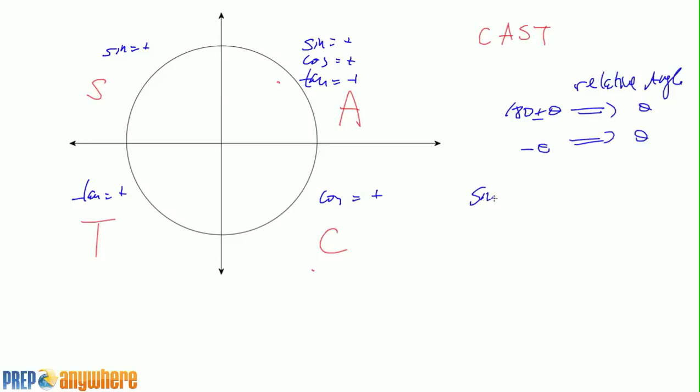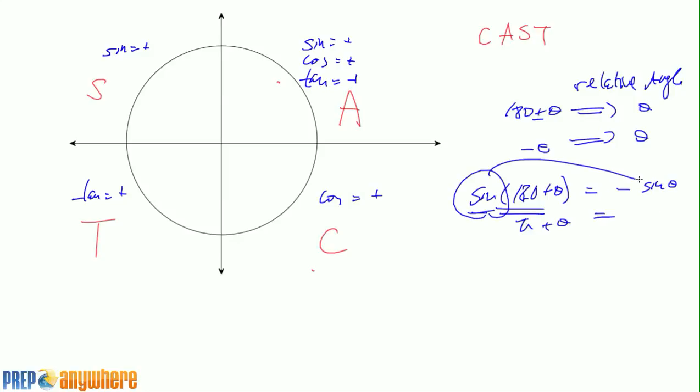So if you had a 180 plus theta, it turned into just theta, except you have to watch out for the sign. This is the third quadrant, so you put a negative there. Okay? So when it's 180 or pi, pi plus theta, you stay the same. Sine stays sine. Cosine stays cosine. Tangent stays tangent. However, if it is like this, 90 plus theta,